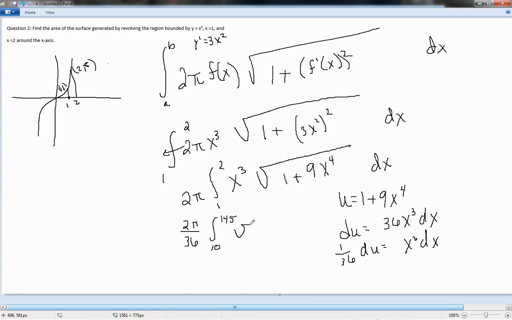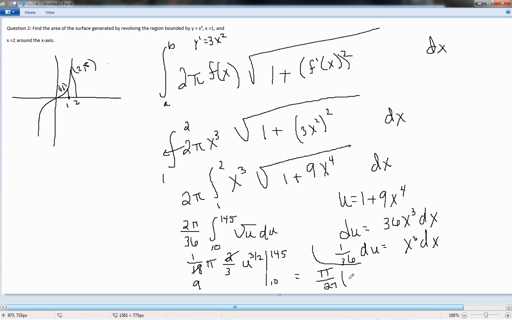And then we have the square root of u du. Now this becomes something that's not hard to integrate. So we can reduce the 2 and the 36 to 1 over 18 times our pi. What we're going to be integrating is u to the 1/2, so the antiderivative is 2/3 u to the 3/2, and we're going to plug in 145 and then subtract, plugging in 10. Now if you reduce the fraction out front, 1 over 18 times 2 over 3, well, we can cancel out the 2 and make this a 9. So out front we can put pi over 27,